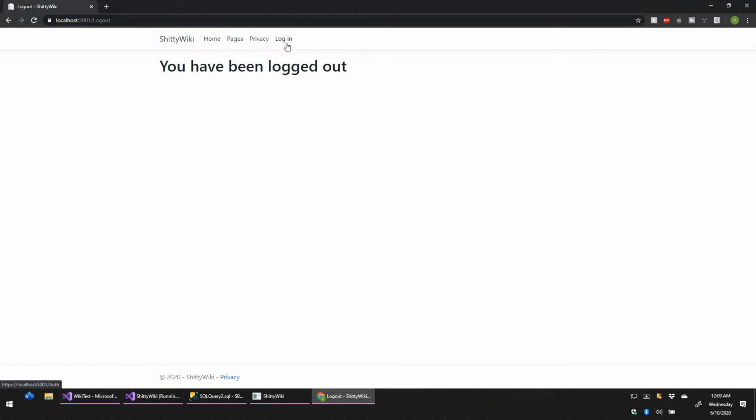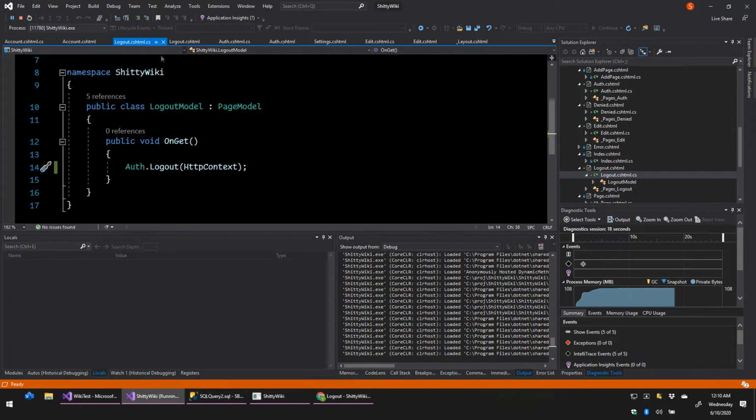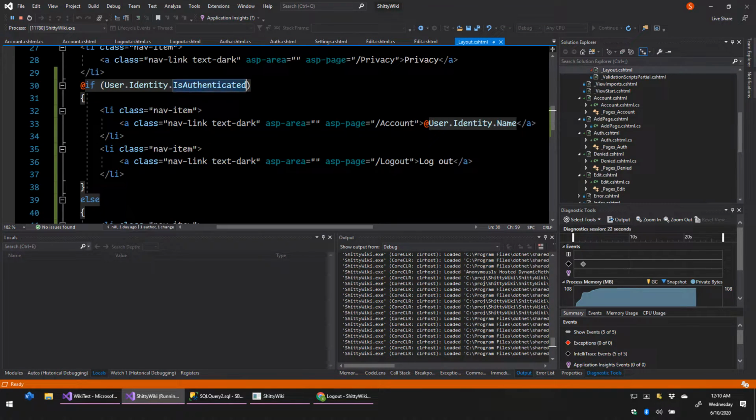Now it shows that they're not logged in, but that's something that we're going to take into account later on so that it's more intuitive. That way, the second they hit logout, their name disappears. Actually, let's go ahead and solve that issue right now. So without stopping the website, I'm going to go to the layout page, and I'm going to solve this by saying and